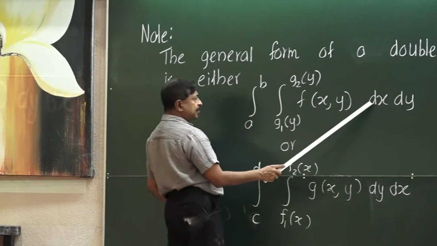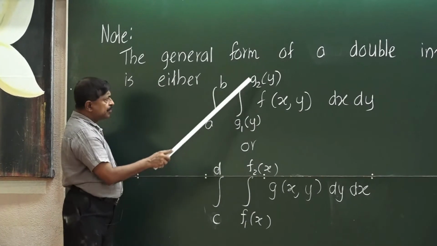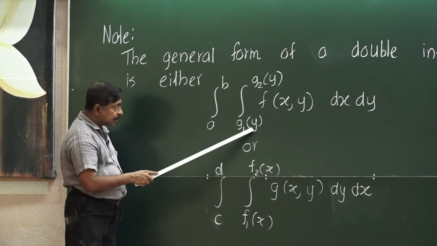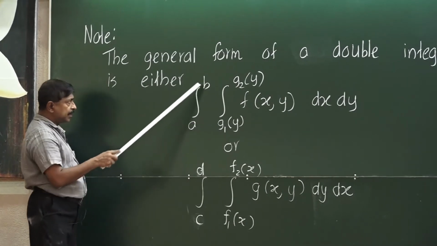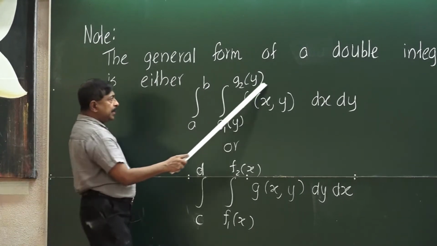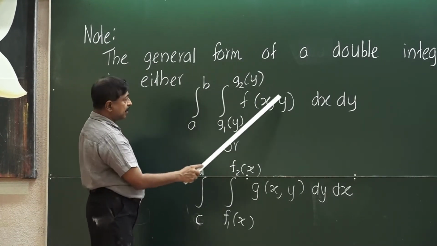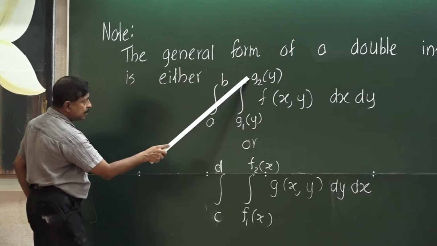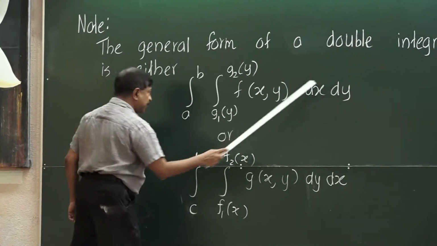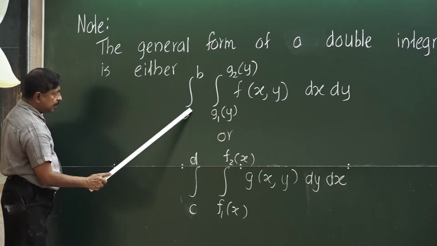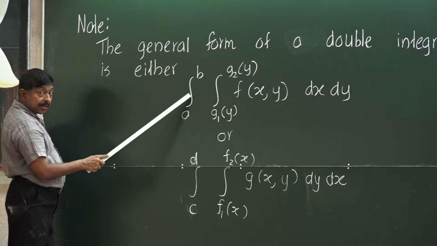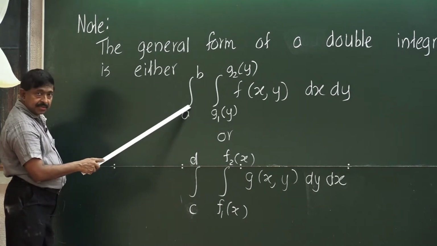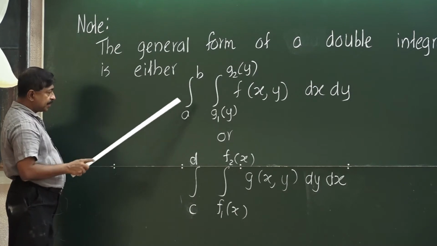If you put dx first, then you may have limits carrying the other variable y. However, in the last integral you have constants. The integrand may consist of both x and y. So, when you consider x, the pertaining integral may have limits of the remaining variable y. However, in the last integral, even though this appears as the first integral, when you evaluate it, we consider this at last. Therefore, here you have constants as limits.